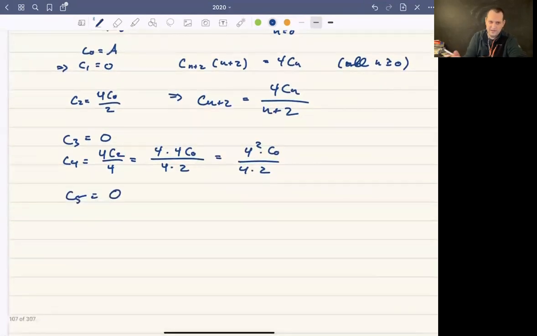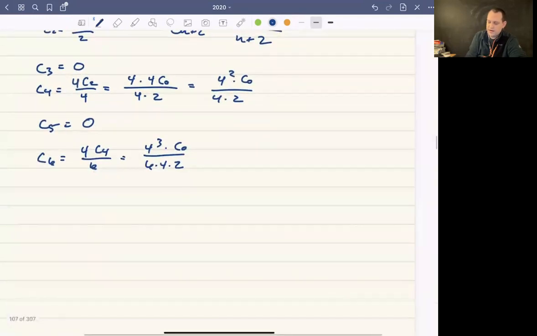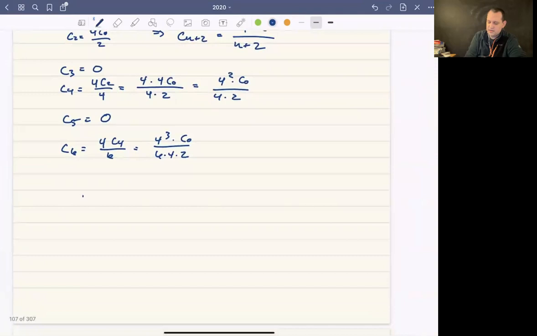And in fact, all the odd terms are going to go away. C6 is going to be 4 times C4 over 6. So that's going to be 4 cubed times C0 over 6 times 4 times 2. And in general, if you notice the pattern, the odd terms are 0 for all n, and the even terms are going to be